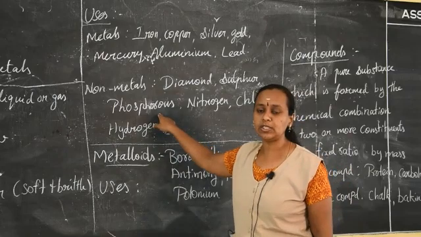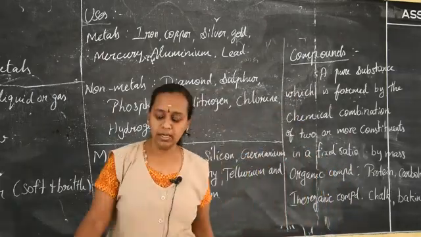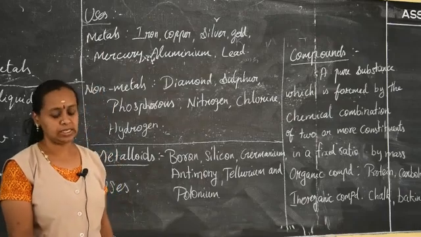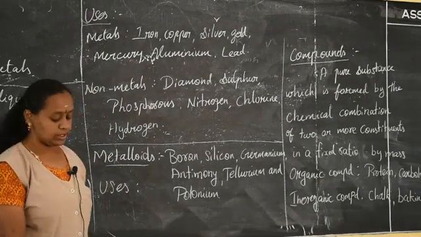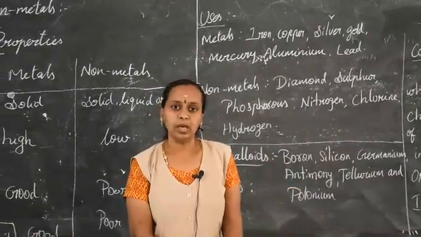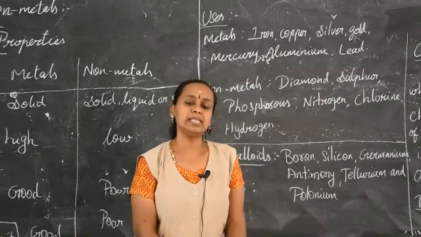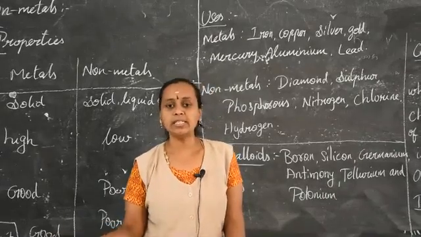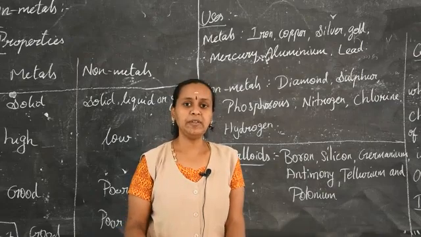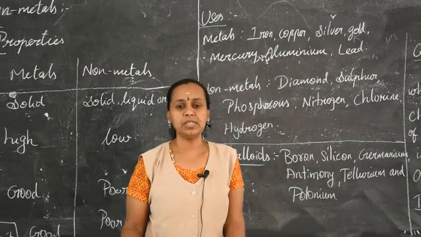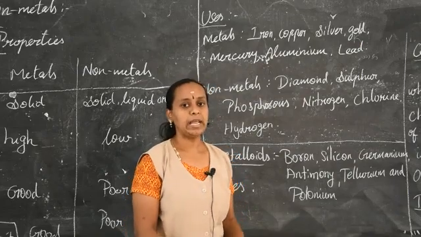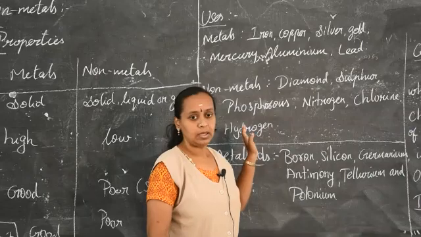As well as phosphorus is also used to make matchboxes, and rat poison. Then nitrogen is used for manufacturing ammonia. So what is the use of ammonia? Ammonia is used in so many places. It is used as fertilizers. It is used as explosives. We know that recently we heard the news that ammonium nitrate was used in the city called Lebanon, where it got a big blast. So ammonium nitrate is used for preparation of ammonia.